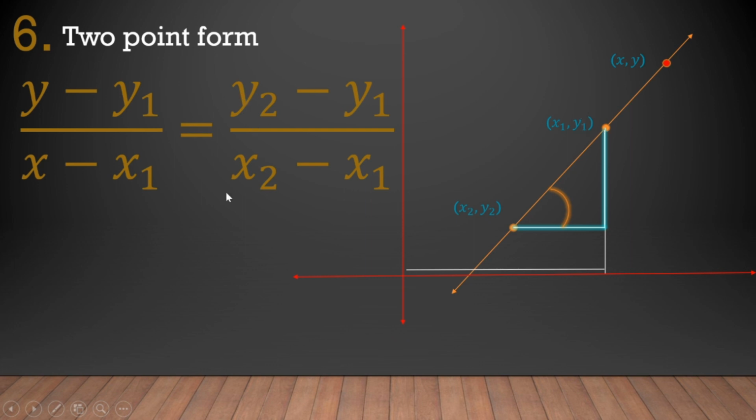So this is the equation of a line. How come? First, this is a specific line when we write it. It's not going to be the same for every line, because here we have two specific coordinates, and this is the general coordinate. This is the equation of a line because when we get the values of y1, x1, y2, x2, we will get an equation in y and x only. So this is the two-point form of a line. I hope you understood.